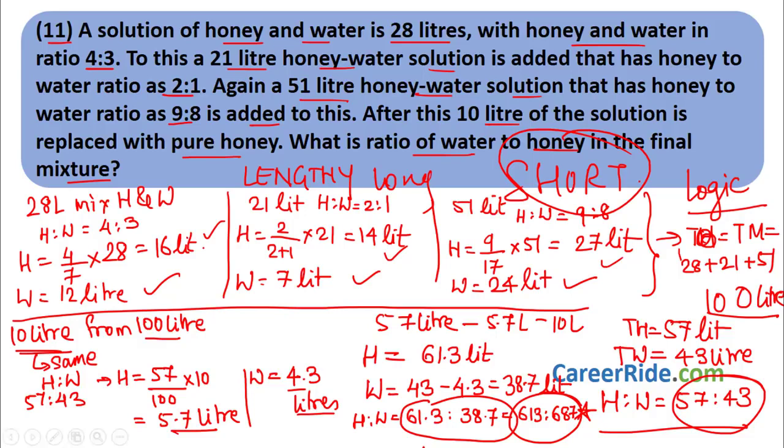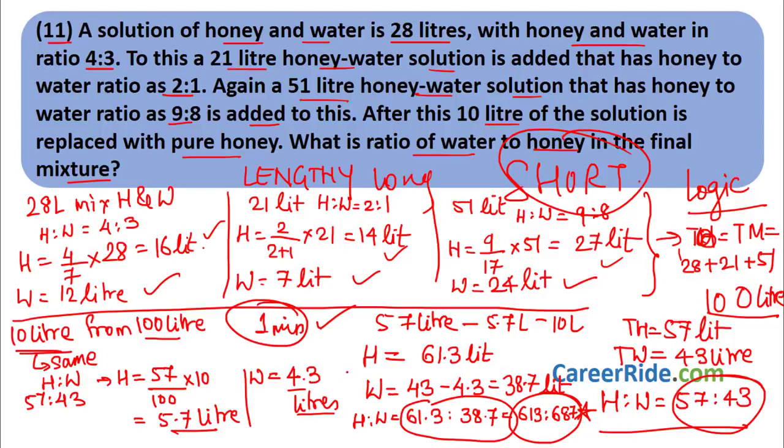You might think that this question is lengthy, the answer is lengthy, but in the exam you will be able to solve this in hardly 1 minute. Why? Because you will be practicing mixtures and immediately you will understand, okay, we have to find the amount of honey, we just add it, find the ratio, check how much honey is removed, how much water is removed, and we will get the ratio. You will easily be able to solve this sum in 1 minute in the exam if you practice a little bit, right? See how easy and short the solution was.